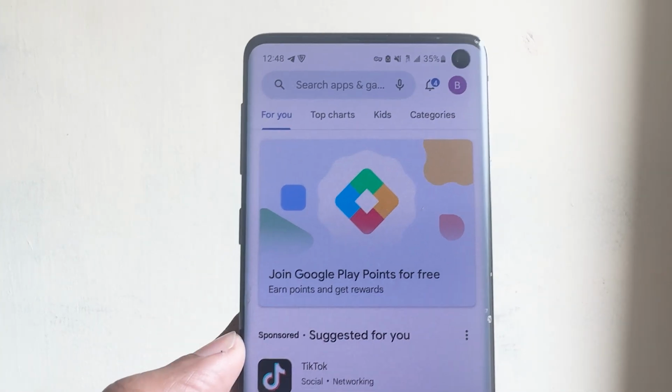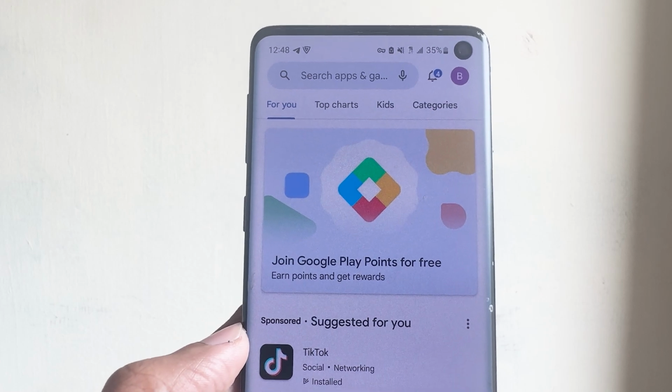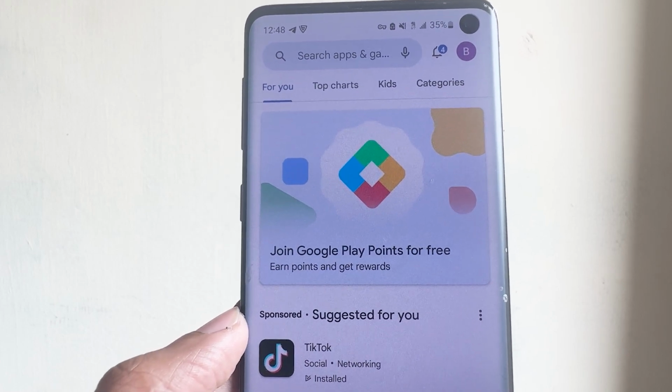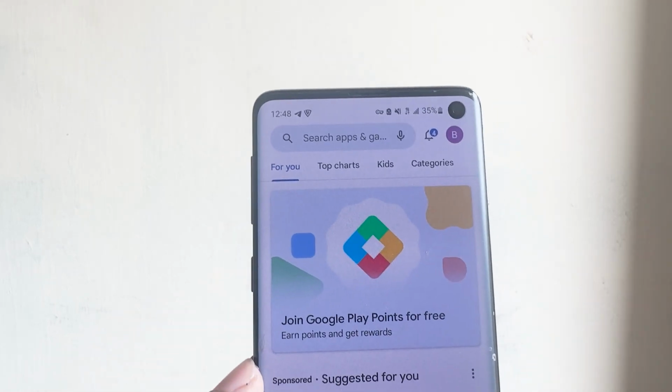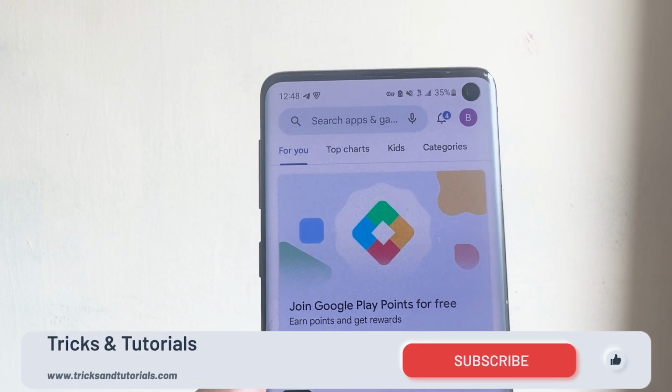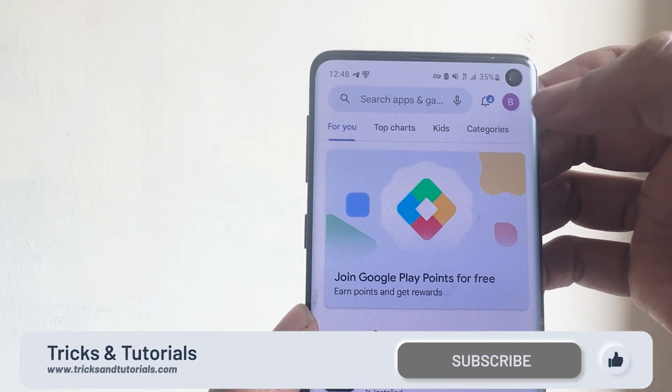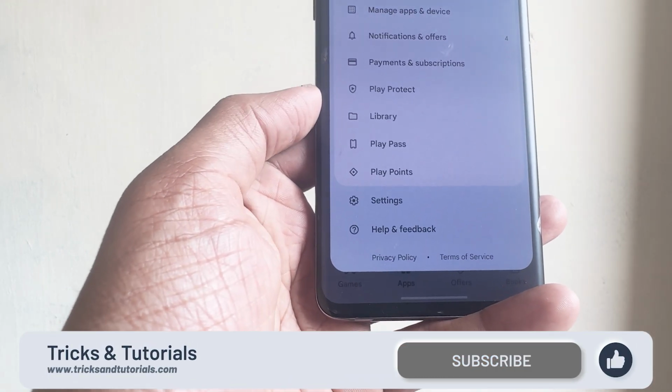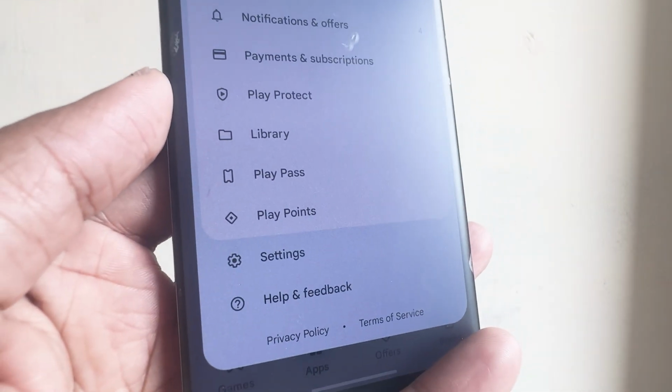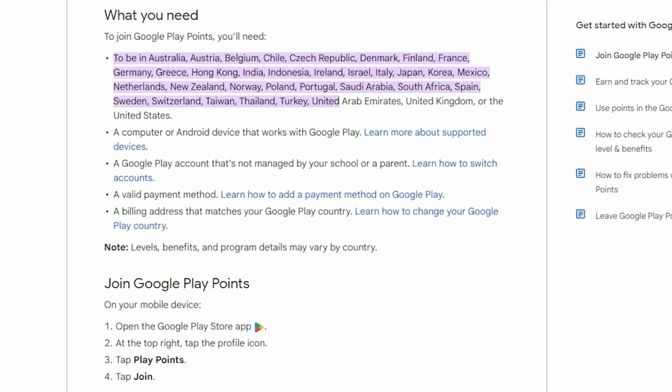When we open the Google Play Store, we can see a notification. Join the Google Play Points free, earn points and get rewards. If you don't see a notification like this, click Profile and check if it is available in the menu. Even if the Play Points feature is not here,